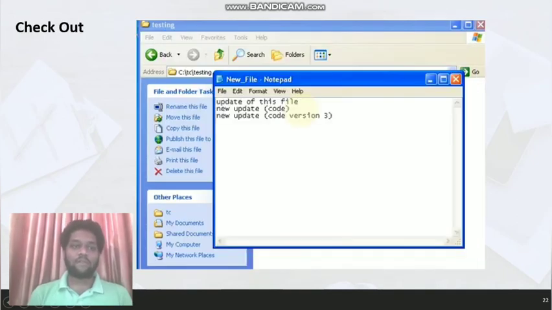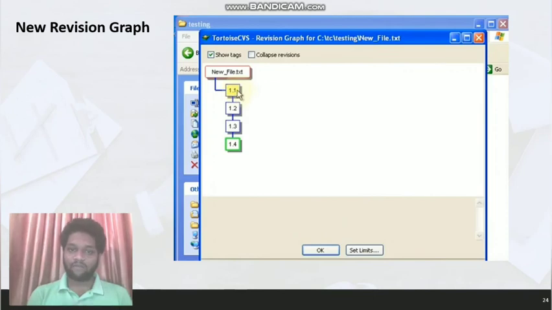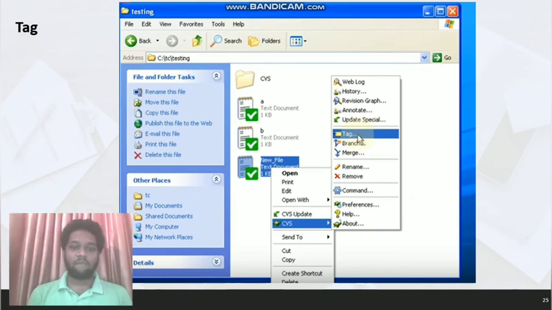Then you have checkout. So if we want to make a modification to a file, we go in there, we make the modifications, and then all we do is make a new commit with new comments. We add a new comment which basically gives us a description. Click OK, and hence it becomes easy for us to roll back to a previous version. So every time we make a modification, a new node is added to the revision graph. So you can see 1.1, 1.2, 1.3, 1.4 basically represent various commits that have been made over a period of time on this file.